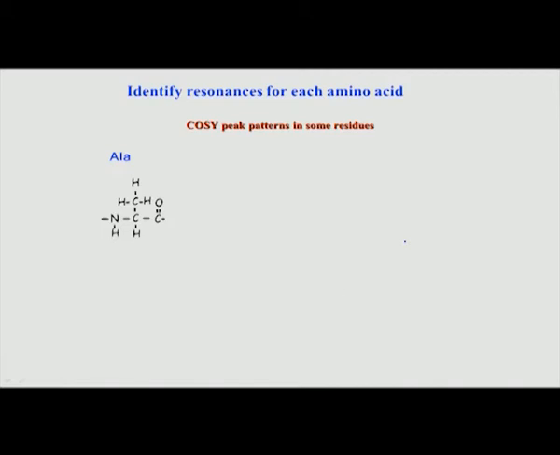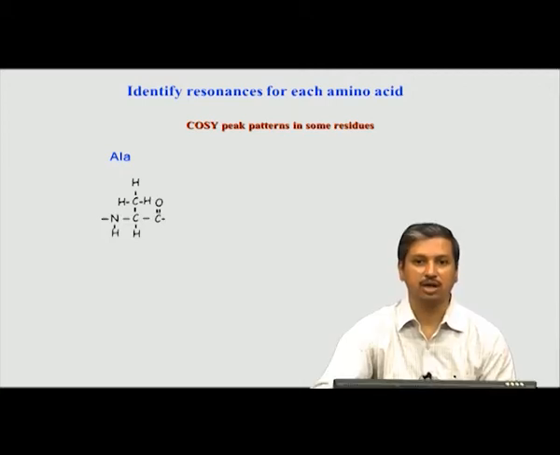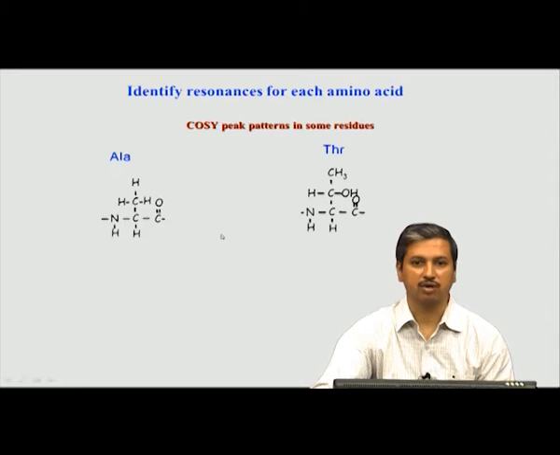So, now let us look at the peak pattern for amino acids. Again, remember we are going to restrict our focus only to the 20 naturally occurring L amino acids. L amino acids are what we see in nature in all peptides and proteins, and therefore we will focus on those 20 amino acids. We will look at a few examples of peak patterns. Given that we have 20 types, let us look at how an alanine COSY pattern, this is proton to proton COSY, will look like, and how the peak pattern of another amino acid, threonine, will look like. This is shown here.